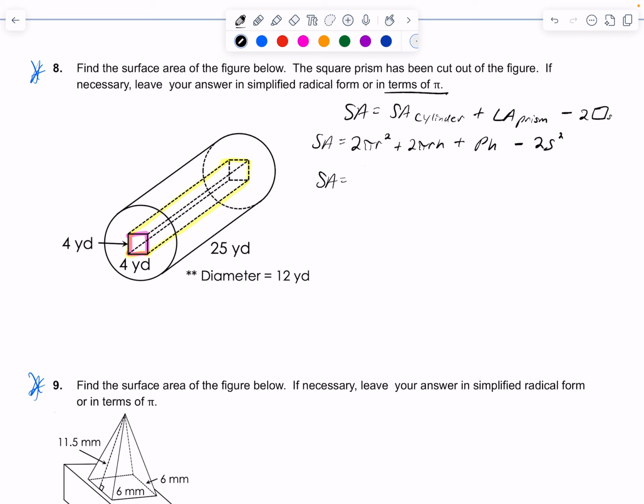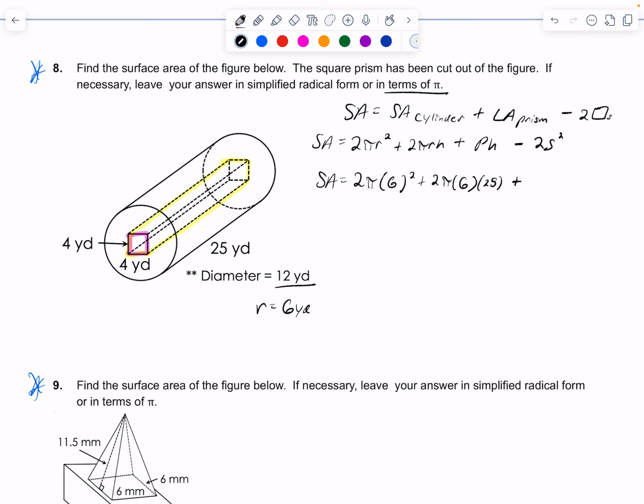All right, let's plug in our stuff. Our radius is going to be, if the diameter is 12, then our radius is going to be 6 yards. So I'm going to plug in 6 squared plus 2 times pi times 6. And the height is going to be that 25 yards. Plus the perimeter of the base is going to be that 16, right, for this